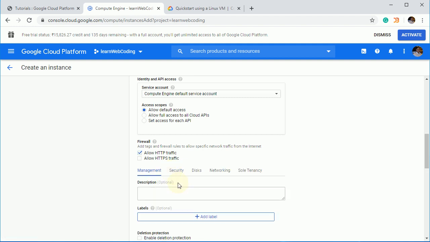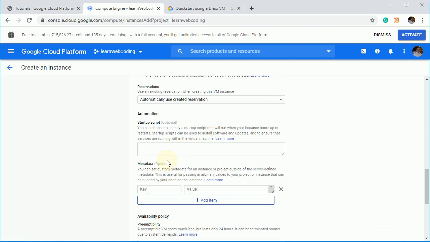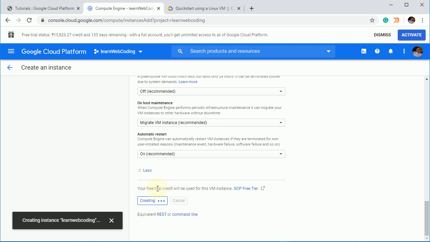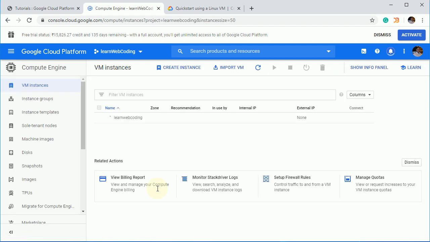I think that they have given some more additional features. If you want to manage, you can by going through it. Okay, now just click on this create, and it will create an instance within a couple of minutes, and your instance will be ready with whatever specification we have chosen, right? Till the time it is ready, let's see some more information about it.